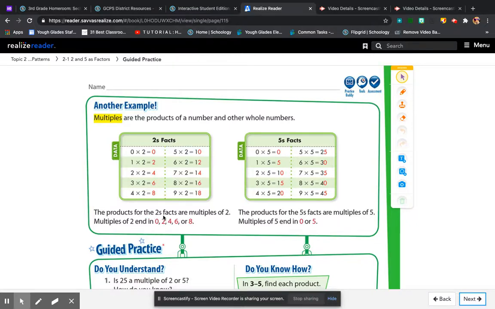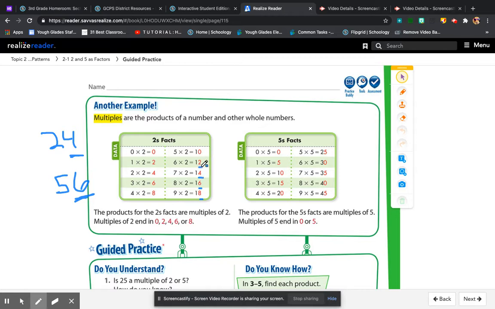So the products for 2 facts are multiples of 2's. Multiples of 2's end in 0, 2, 4, 6, 8. That means this, point blank, even in higher numbers. That means that 56, for instance, ends in a 6, so that is a multiple of 2. Also 24. 24 ends in 4. That's a multiple of 2. So that's why you see here in the two-digit numbers, you're focusing here